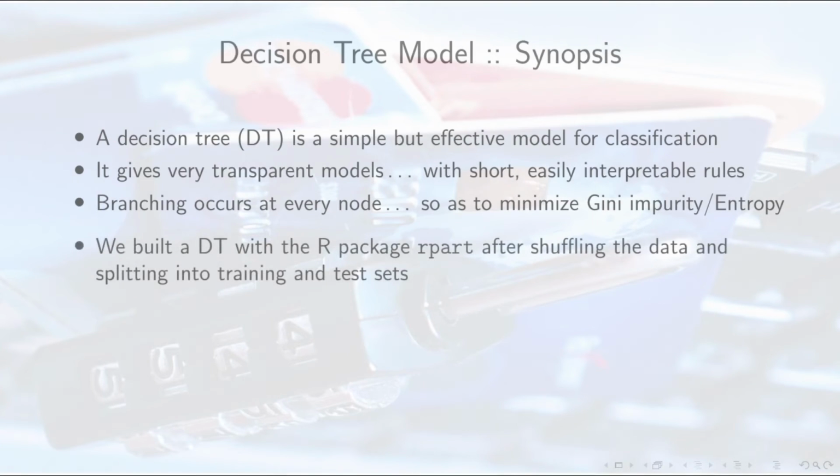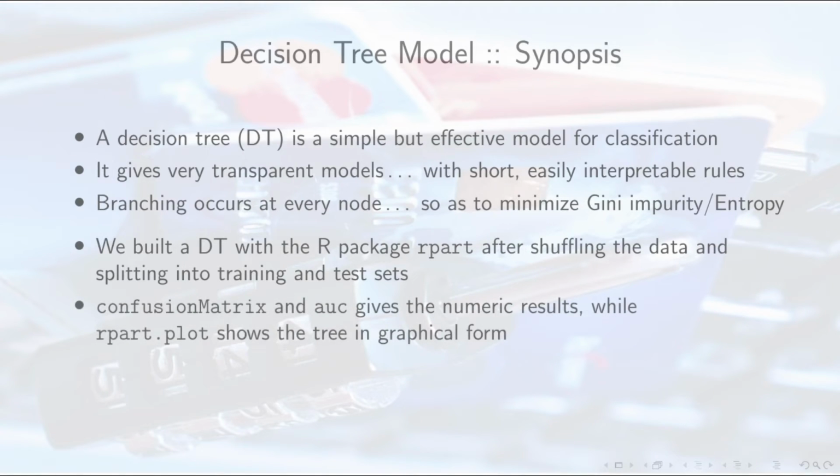Now we have built a tree with the help of the rpart package. After shuffling and splitting the data into training and test sets, we use 80% for training and 20% for the tests. And the confusion matrix and AUC were used to get the numerical results. AUC is a more dependable metric for an imbalanced class classification problem, and rpart.plot was used for visualizing the tree